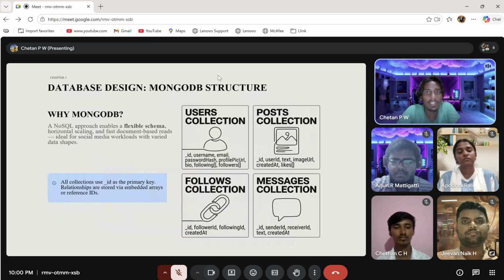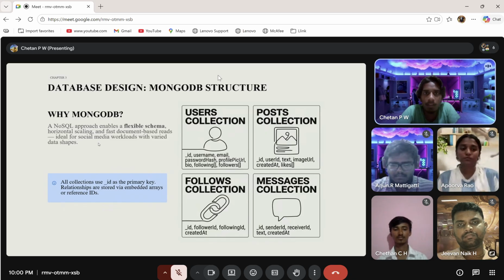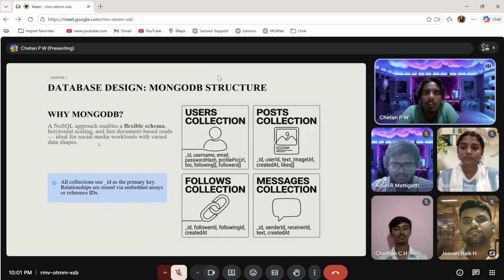The next is the database design of a MongoDB structure, where we are using MongoDB for our own web application because it is very dynamic in managing data and can implement new types of data types, which can be more compatible with the upcoming updates that can be implemented in our system. Instead of storing everything in rigid tables, it can store and collect in a faster and easier medium